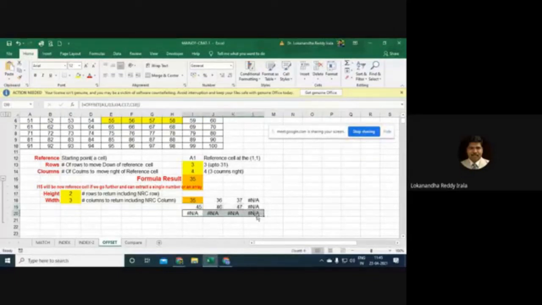I was just trying to tell you this. For example, if I want to avoid this, let us say while selecting the output range, I do not know how many rows and how many columns I will be getting. So I'll make an adjustment for this. But let me not go there immediately. I'll do that a while from now. But have you understood the offset formula? Any questions, please? The offset will throw out a partial matrix out of the main matrix.